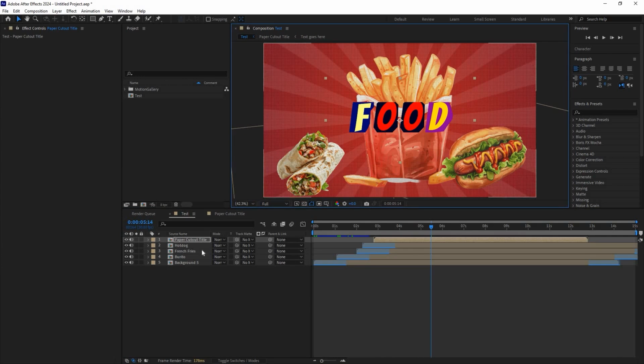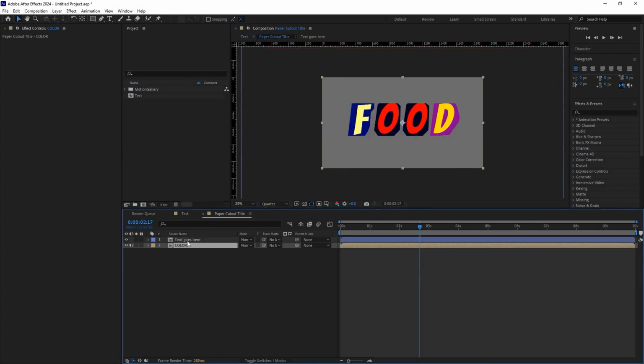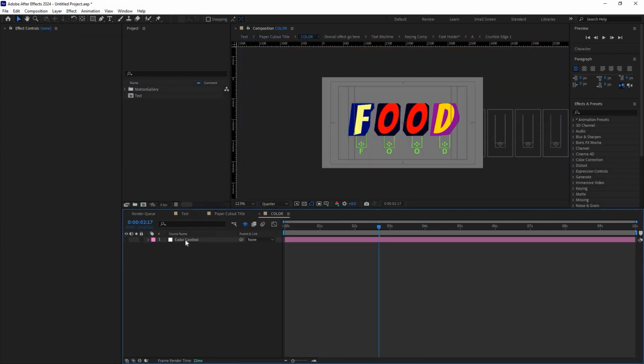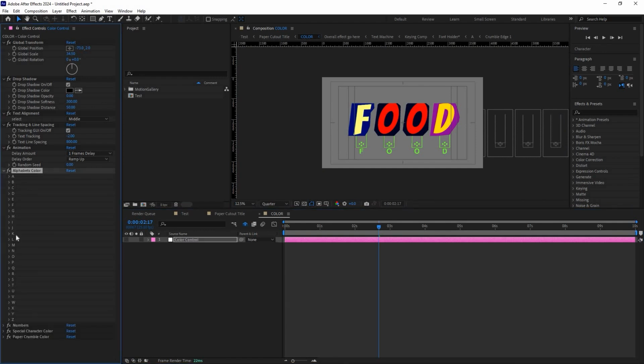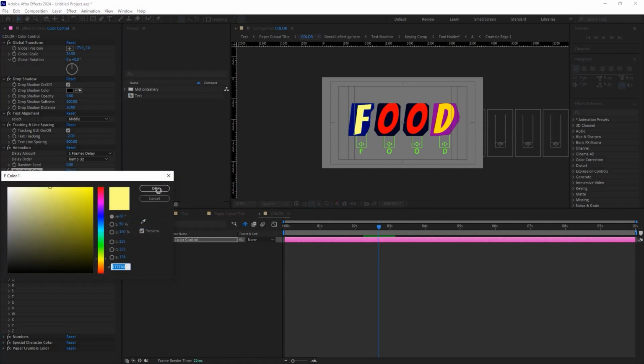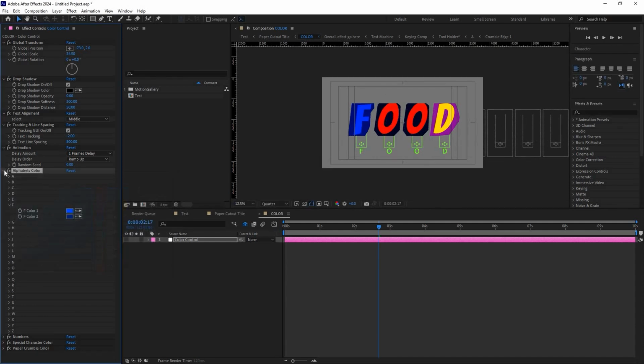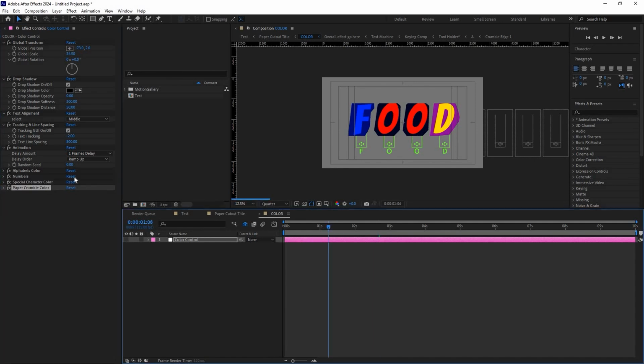If you want to change the text, just double click over here and double click on the color composition and select this color control layer, and here you can change the global transform, drop shadow, and you can change the alphabet's color, individual alphabet color. Let's open up the F. Here you can change the F color as you can see like so. It's very easy. You can also change the numbers color, special character color, and also the paper crumple color over here